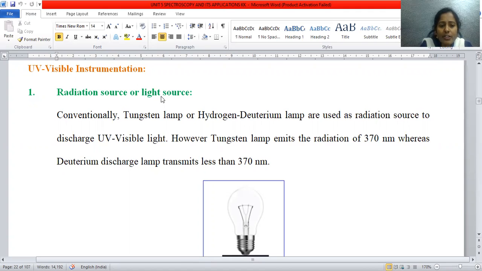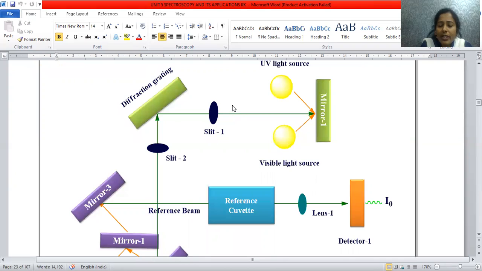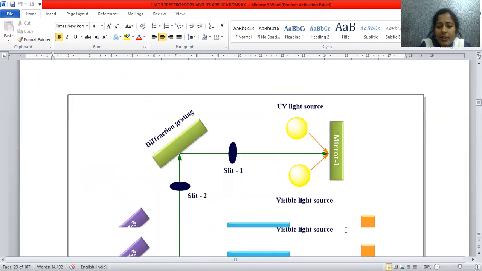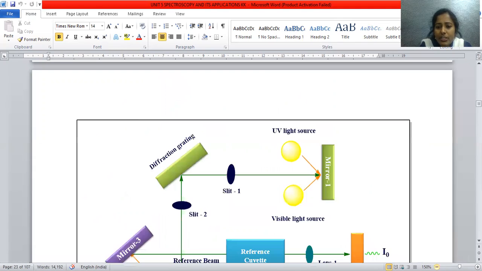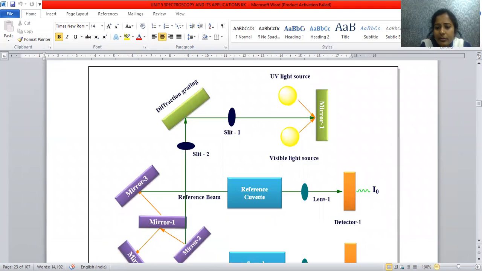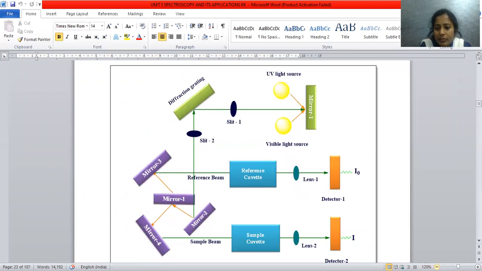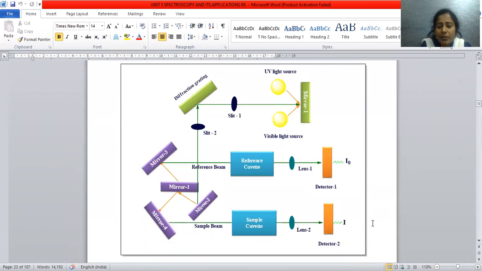In order to explain UV visible instrumentation, let us go with a schematic diagram. Later, we will discuss the various components in detail. This is the UV visible spectrometer, where a double beam process is employed to get the spectral signals.